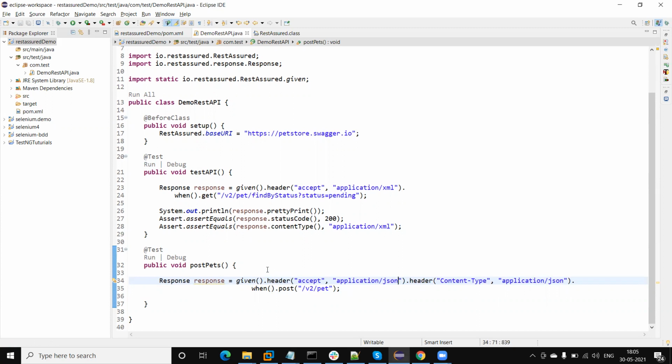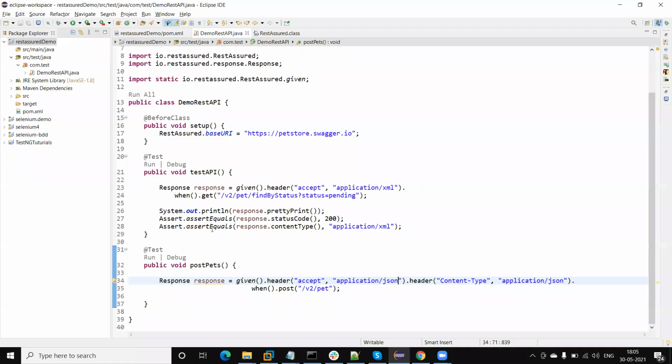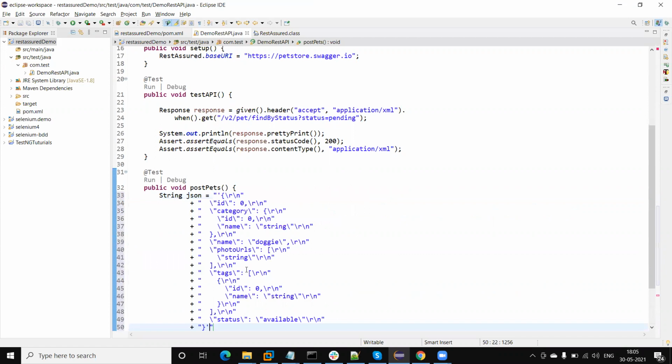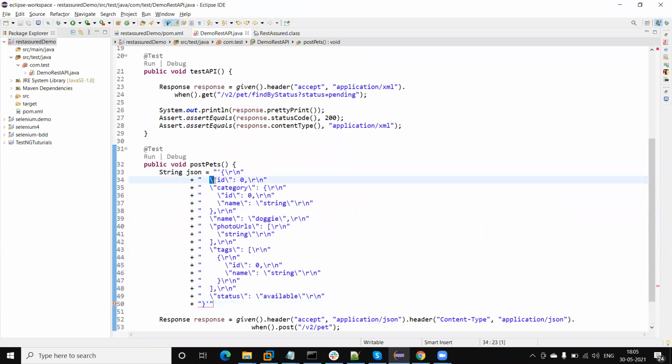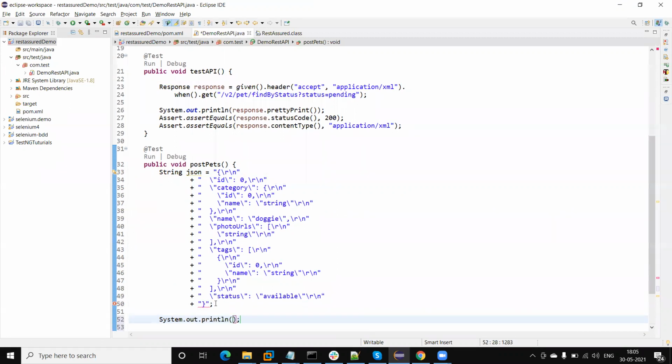Now this is the post method, and here one more thing we need to set up is this JSON body. Copy this complete JSON body and add it in a string data type. Give any variable name and store this JSON here. By default, it will automatically add the slash. Slash means this is escaping double quotes. So now our script will start from here with double quotes JSON and end here. Then let me print it and show you how this will look.